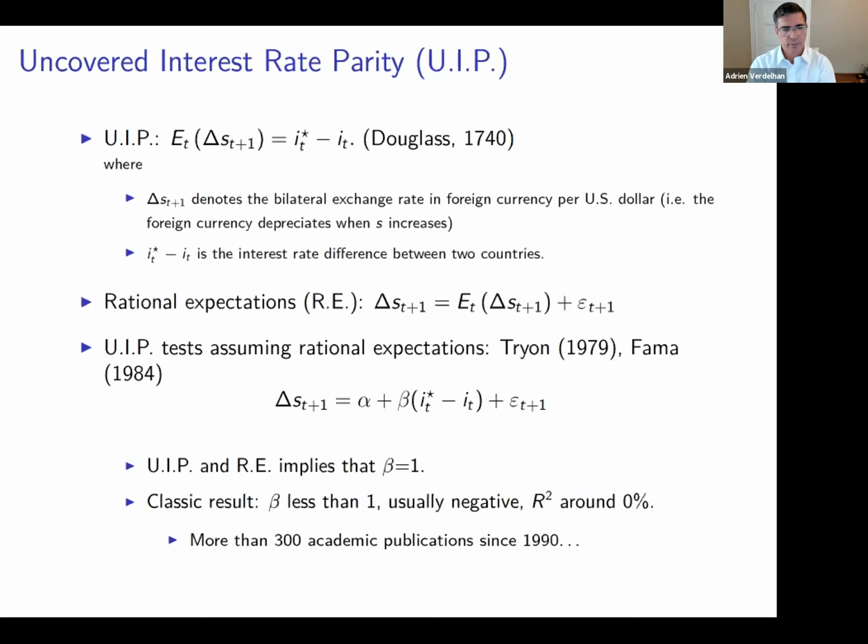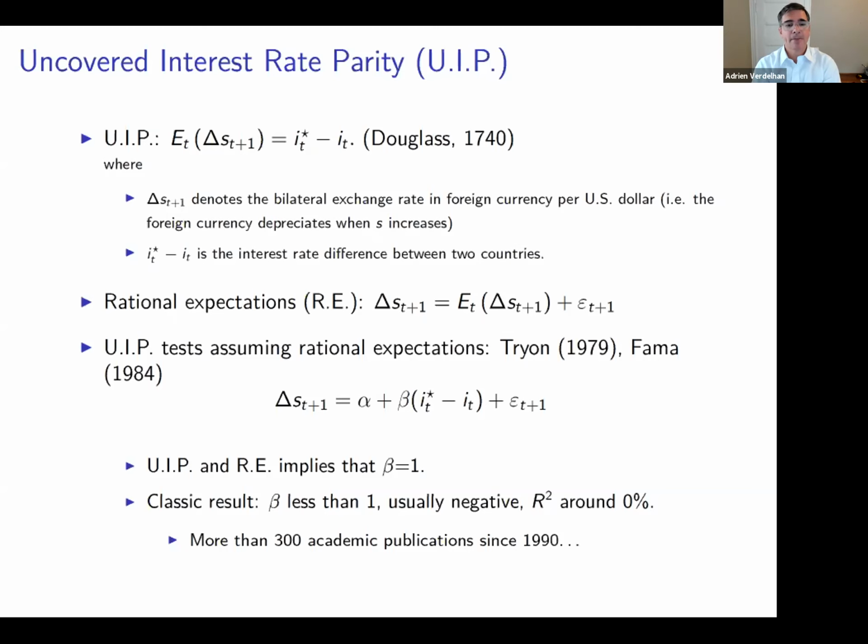Fama gets a lot of credit, but it comes only 5 years later. And if you run this simple regression, I'm sure you know, you're going to get a slope coefficient less than 1. You can safely reject that it's 1. It's very often actually negative, but the thing is that interest rates explain nothing about exchange rates, or very little, so the R square is very, very, very low.